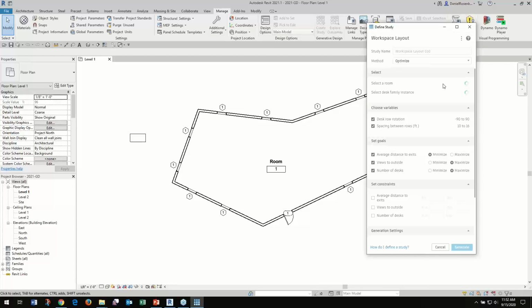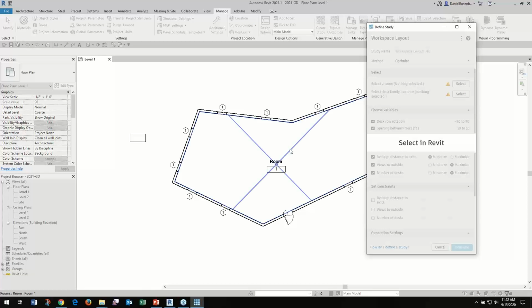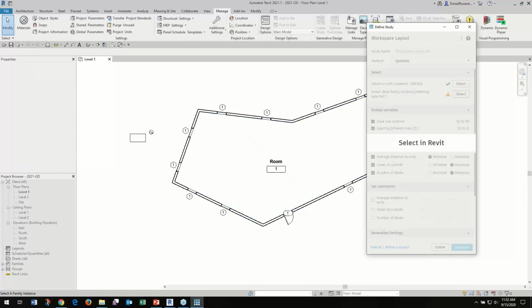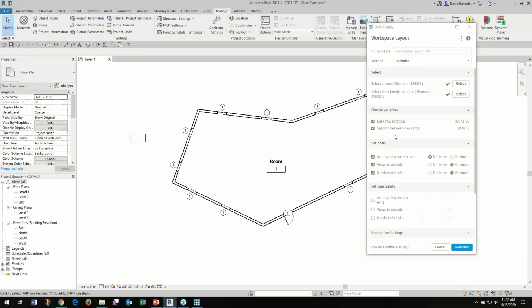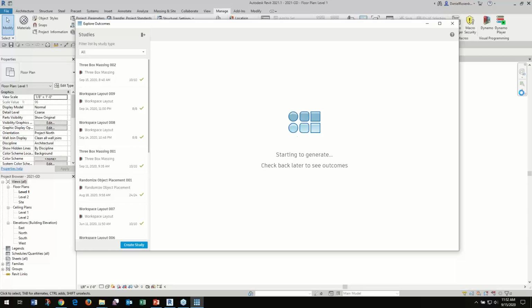Workspace layout, selected the room, select the desk. I could tweak some of these settings if I wanted to, but we'll just click generate. So like I said, it's going to take about 30 seconds to crunch through the first few iterations,